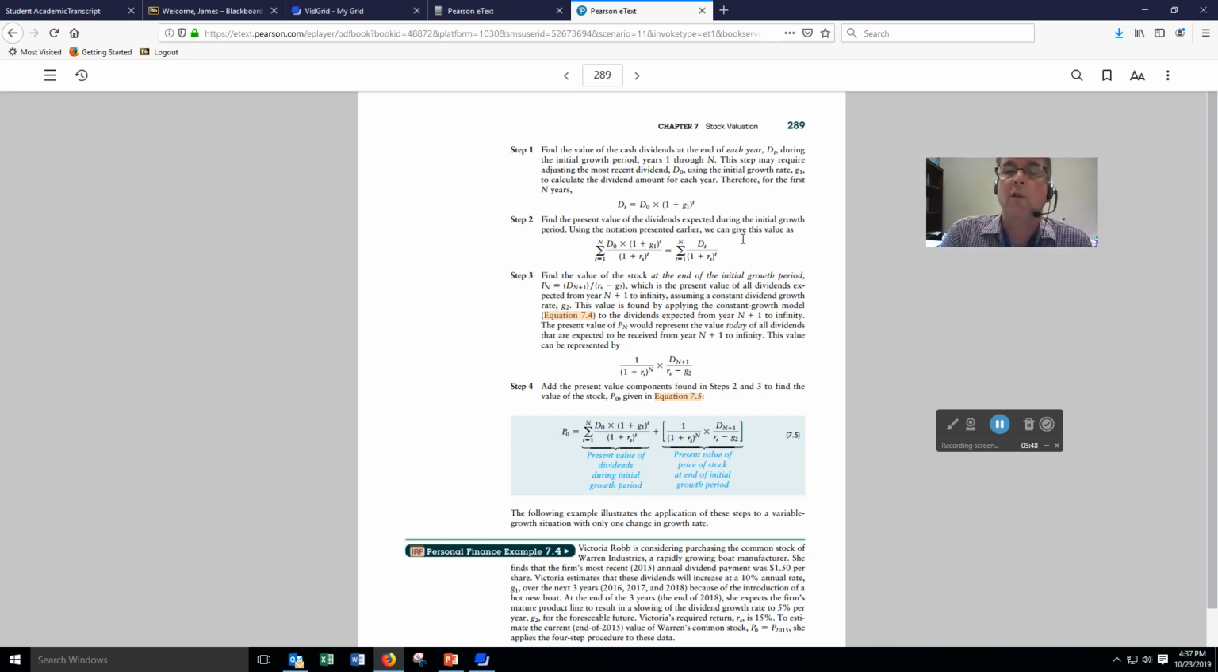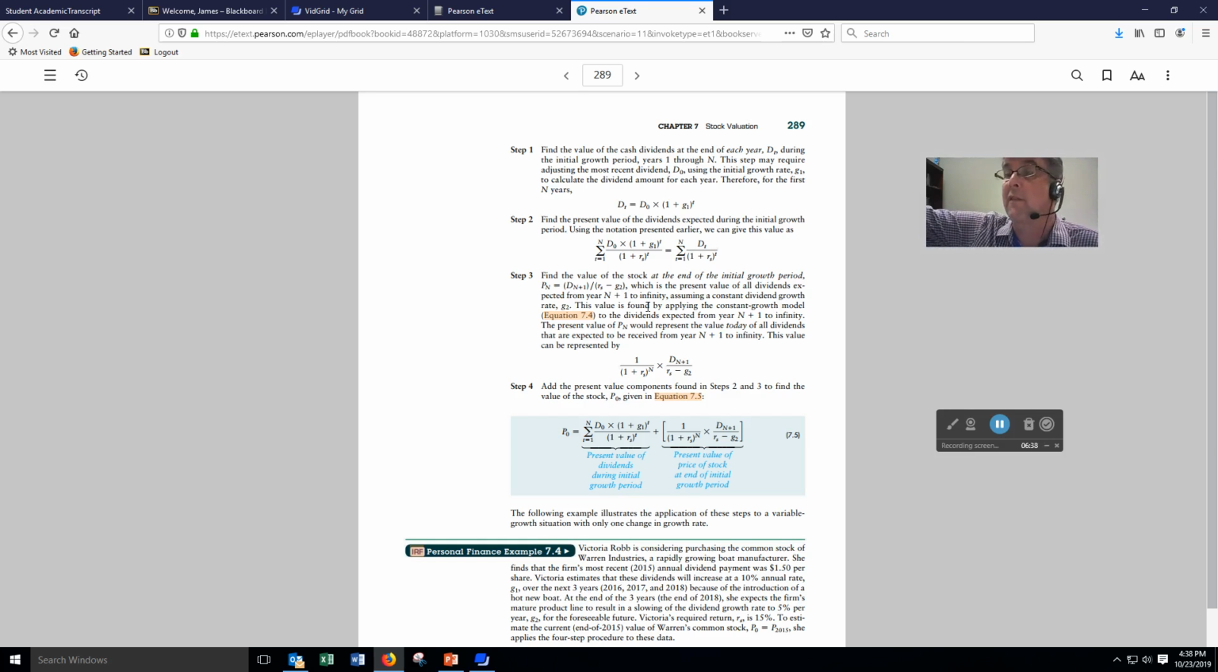Okay, so once we've done that, we're going to find the value of the stock at the end of the initial growth period, and we're going to stick that to the side. Then we're going to calculate the present value of all the dividends expected after year end. So in this case, we're going to find the present value of all of the dividends from year 6 on until infinity,